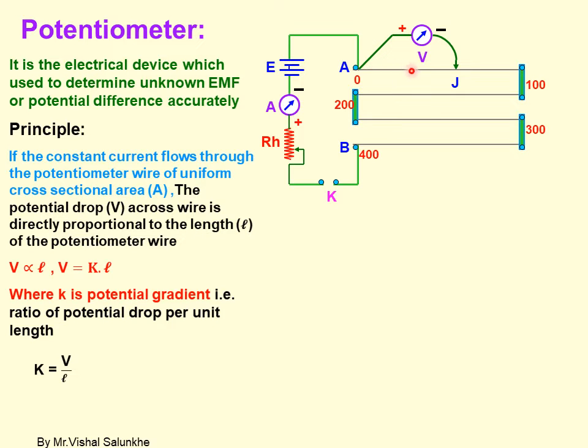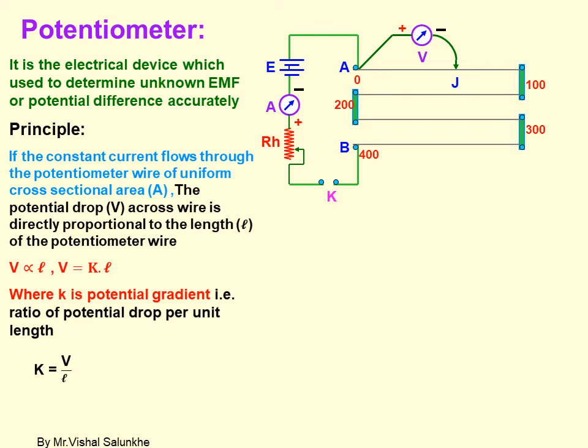But as we keep sliding the jockey on the manganese or potentiometer wire from point A to point B, the potential drop will increase. Potential drop will increase means potential difference is going to decrease. Here that concept we have to understand, my dear student. Potential drop means decreasing potential. Basically, as the length increases, potential across this battery decreases, isn't it? But we are talking about potential drop. So as length increases, potential decreases, but potential drop increases with increasing the length.